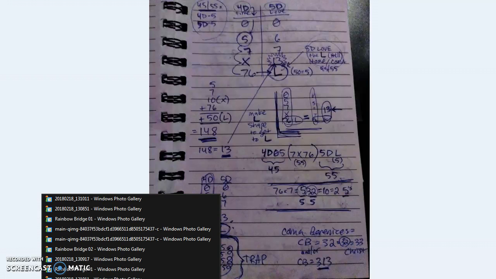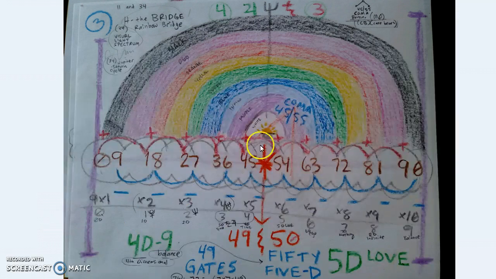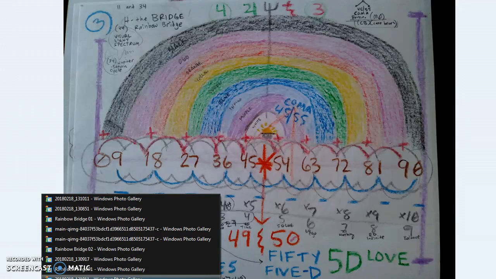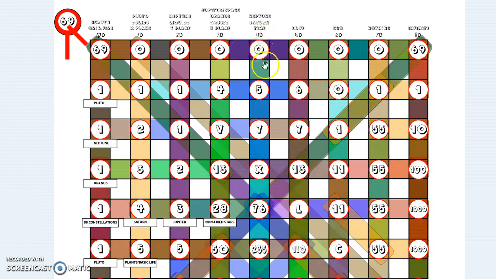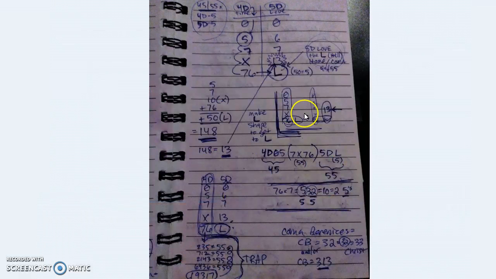This is what? 131011. Whoops. Wrong one. 131011. See? 4D, 5D, 057X76, 06713L. Or the 50. So anyway, so yeah. So 4555, 4D, jump to 05, and then these three numbers